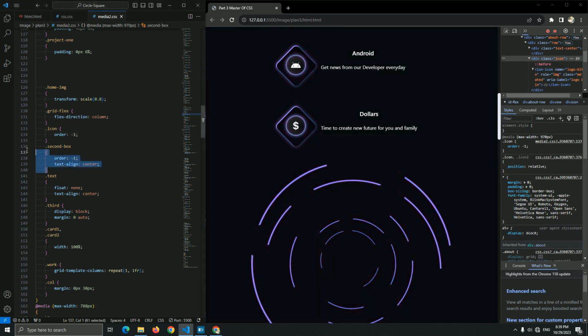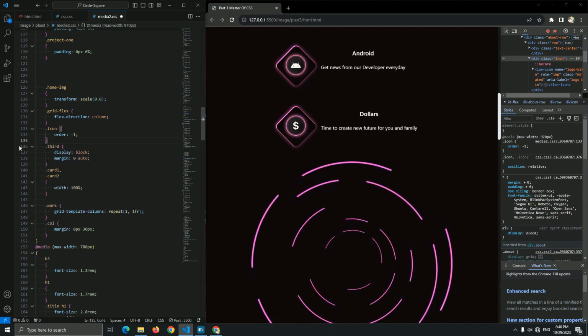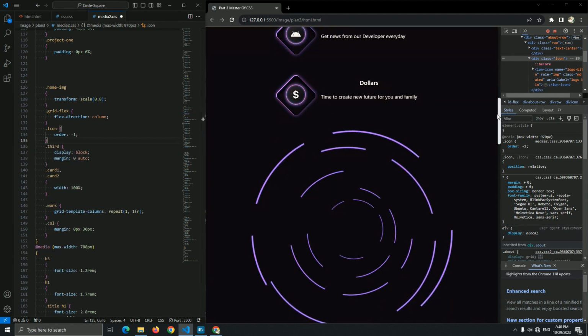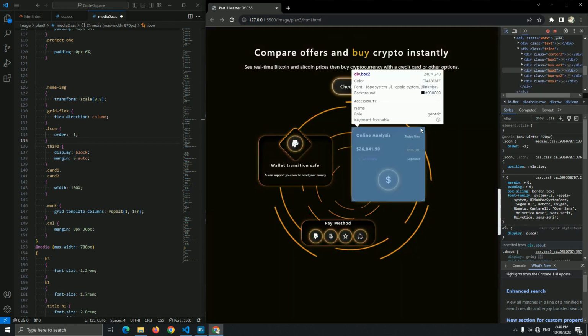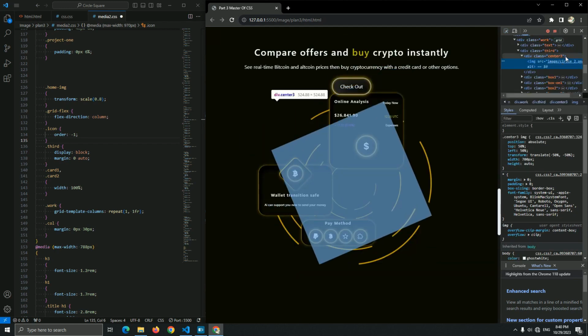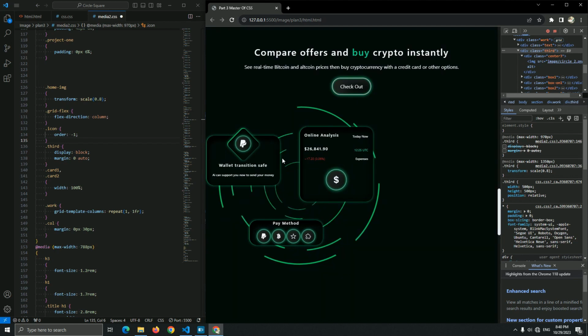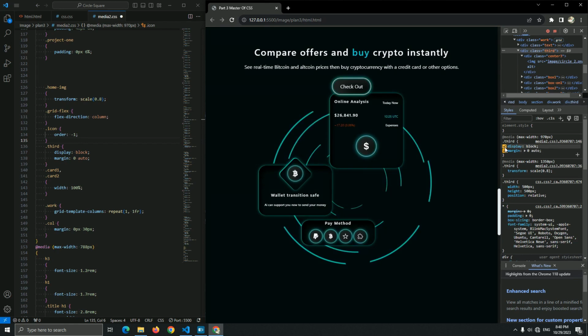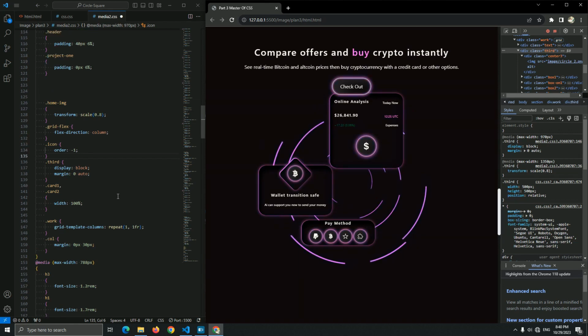And for this second box, we don't have it. Remove it. Text, we don't have it. The third one of this image, display flex. Oh yes, we add display flex and the margin 0 auto, item to be a center. For example, let me just show you. If you see it here, it's not centered. What you need to do is just add a margin 0 auto with a display block. Or instead of that, you can use a position absolute. But I think this is an easy way to center this image, guys. Yep, we fixed this problem.